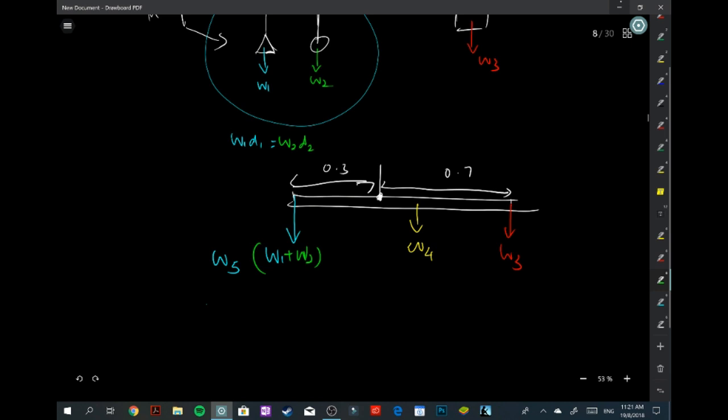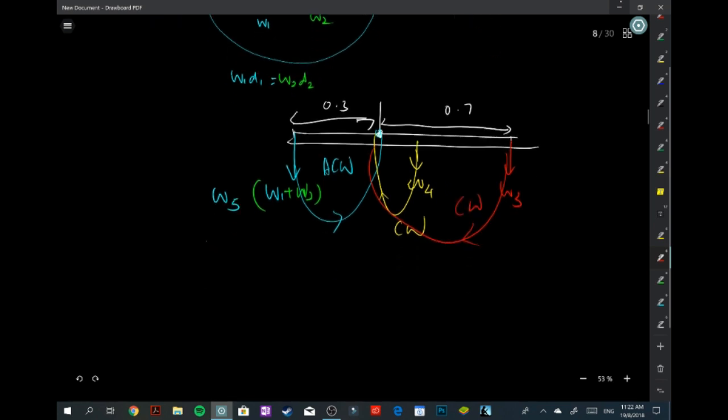Okay, so first we identify is it a clockwise or anti-clockwise moment for each of them, using the method I taught you all. So first thing, this is the pivot, right? Connect it, draw the arrow, this is anti-clockwise. Connect it, draw the arrow, this clockwise. Connect it, draw the arrow, this clockwise also. So using a principle of moment, we can actually find out the answer already. Using POM,